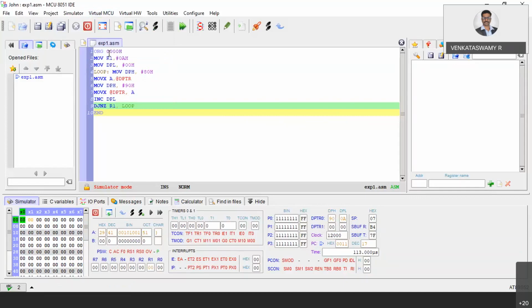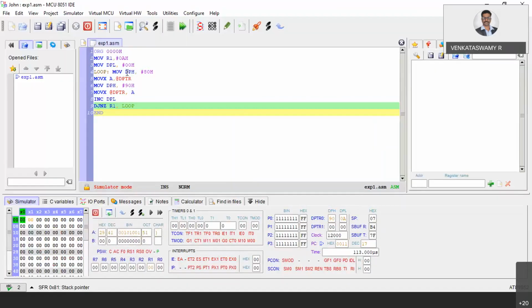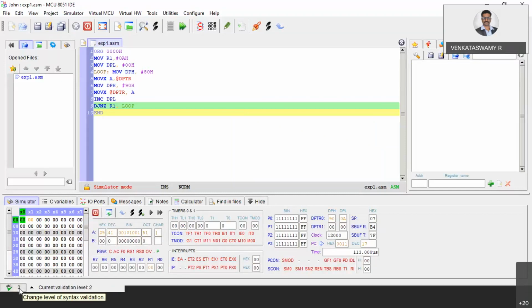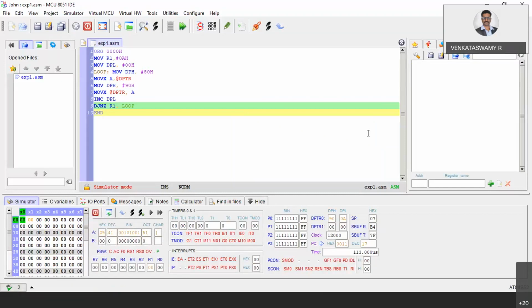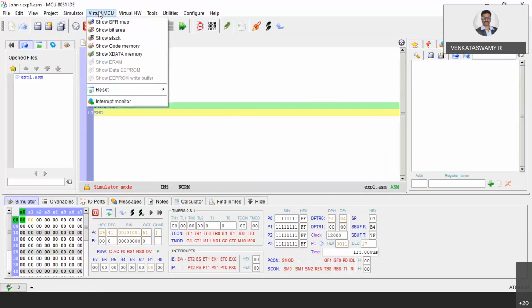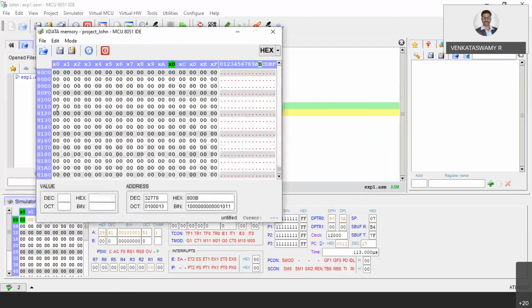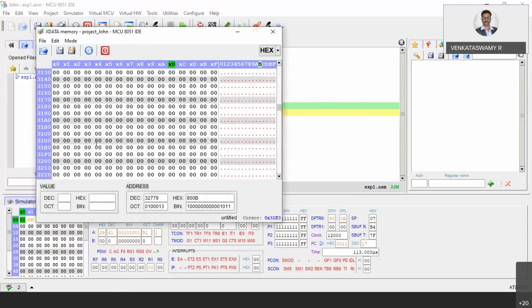Oh, you closed it? Minimized? That memory you just minimized, right? Oh, one more window. That is also fine. Go to the 9000 memory location.